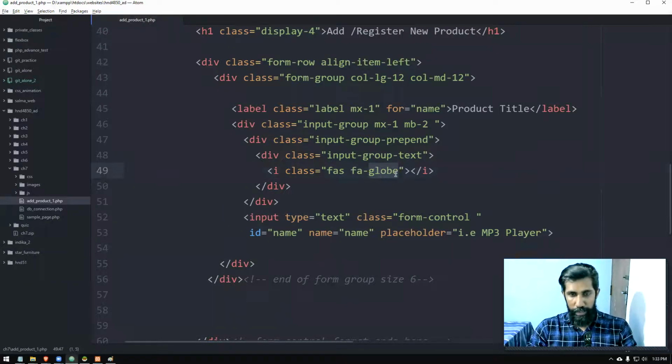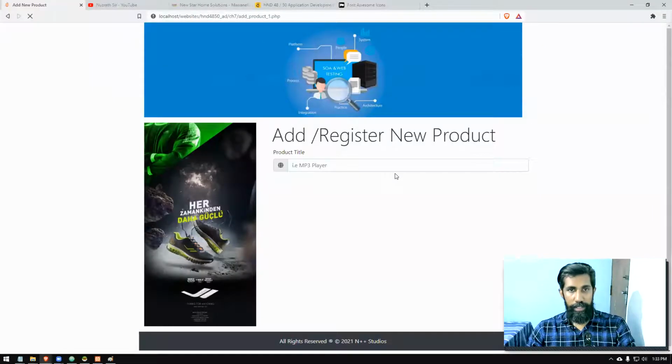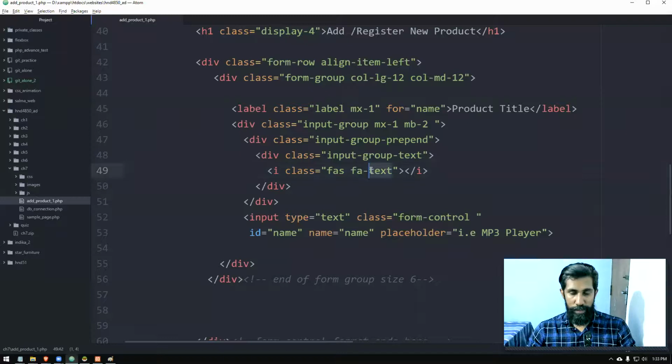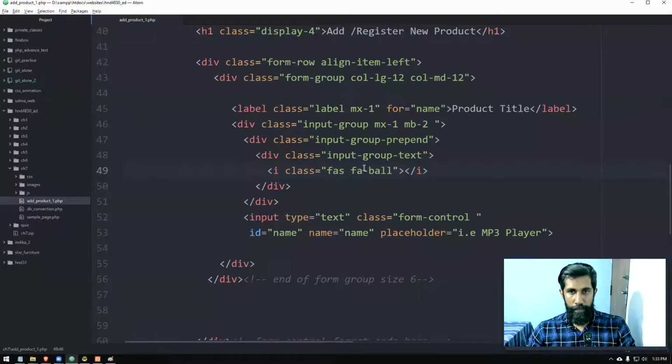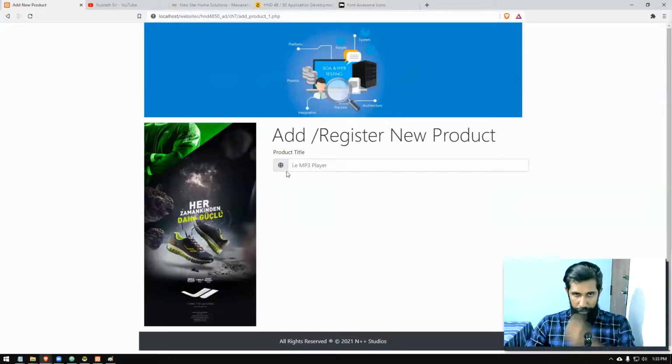If it is not there, an animation will come like that, text is not there. For the time being, I'll keep it a globe. If I come up with another word, I'll put it. Right, I'll keep it globe.